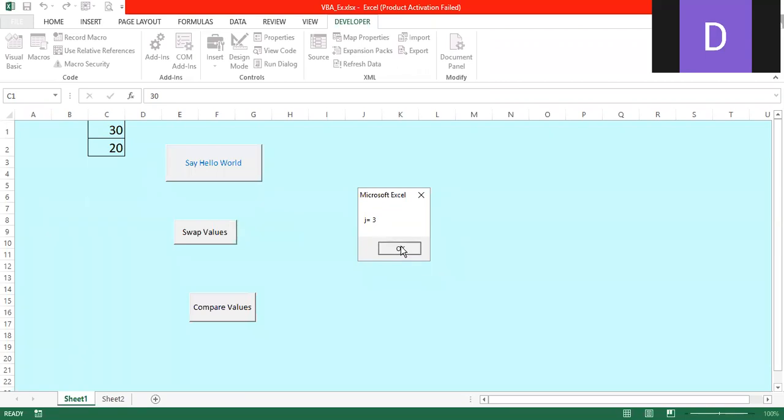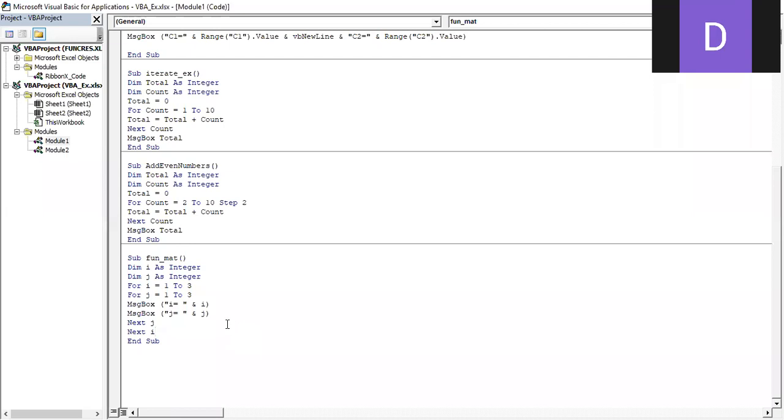Next I equal to 3: J equal to 1, J equal to 2, J3. If you are writing any logic for matrix, you are supposed to use nested for loops like this. Within this you can read the matrix values and perform matrix operations, all those things.